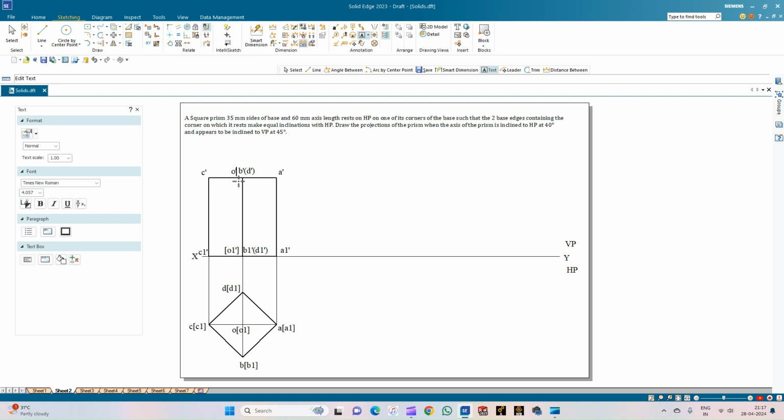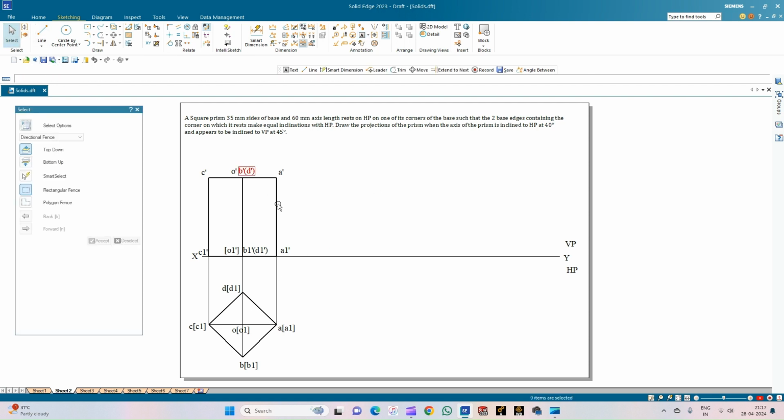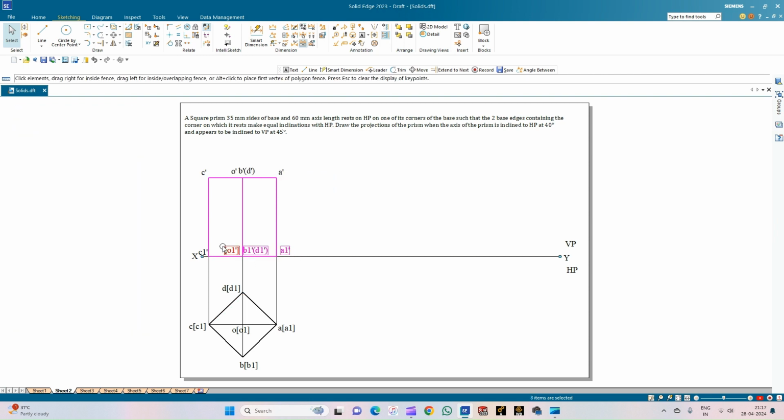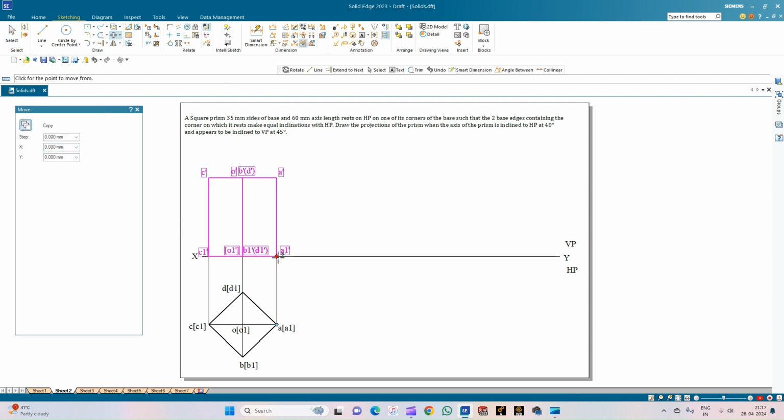So now he tells that the axis, that is O1 dash and O dash, is inclined to the HP at an angle of 45 degrees. So in order to construct that, let us select the front view of the square prism first, along with the annotations, and let us move this, ensuring the copy is on. So keeping A dash, A1 dash as the point of reference, let us just move this towards the right hand side of the XY line, and now select the rotate angle,